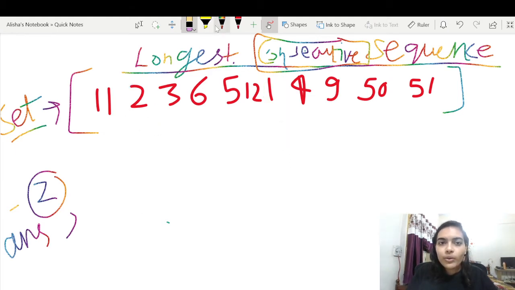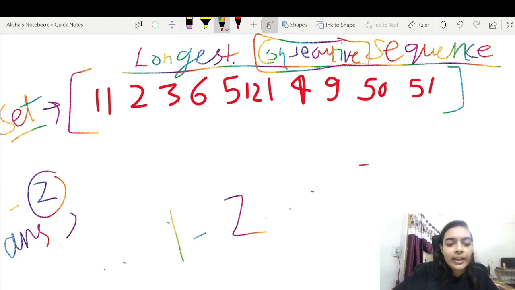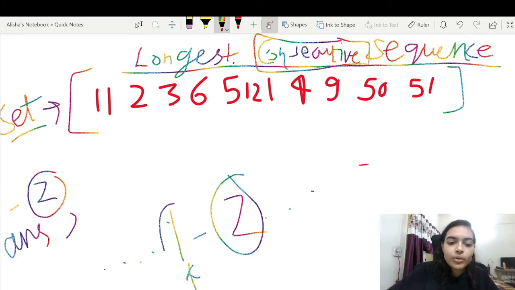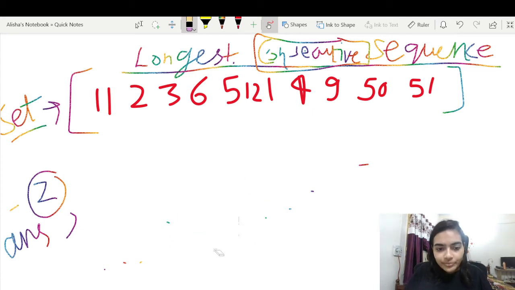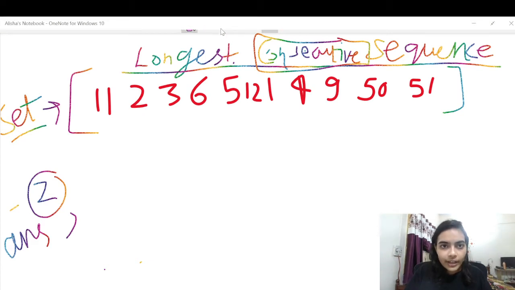So why have we ignored 2? Now you may ask, what about the chain that 2 can potentially form, or 2 is forming? So whichever chain 2 is forming, 1 is also a part of that chain, right? So we will look at 1. We will ignore 2, because if you keep looking at every element, it will waste a lot of your time. So if the predecessor element is present, that means we have already covered that chain, right? So we know that 1 is present in the set. We did a lookup and we know that 1 is present in the set, so we can ignore 2 for now. And when we are looking at 1, that time we will check the chain. So that's what we are going to do. Okay, so right now we have ignored 2. 2 is already connected. Okay, let us go to the next element.